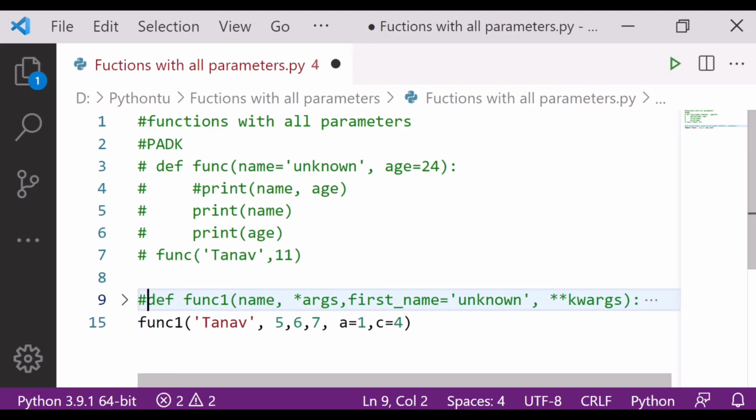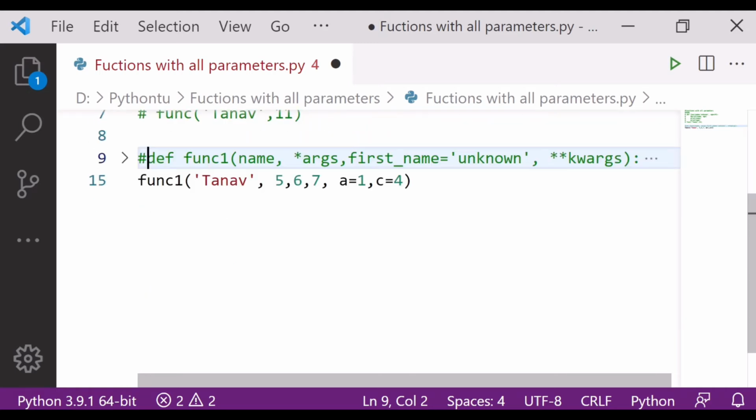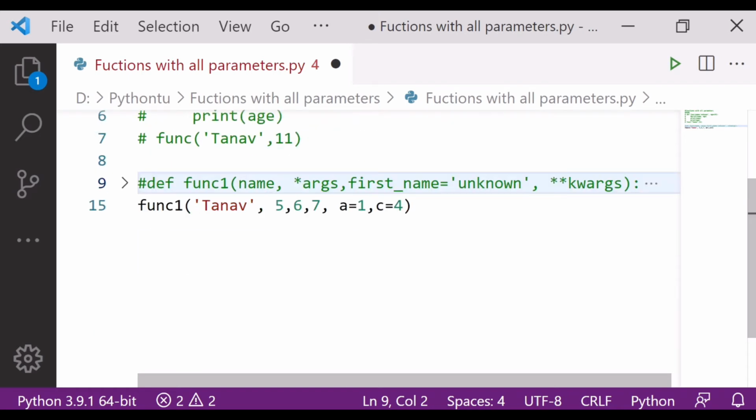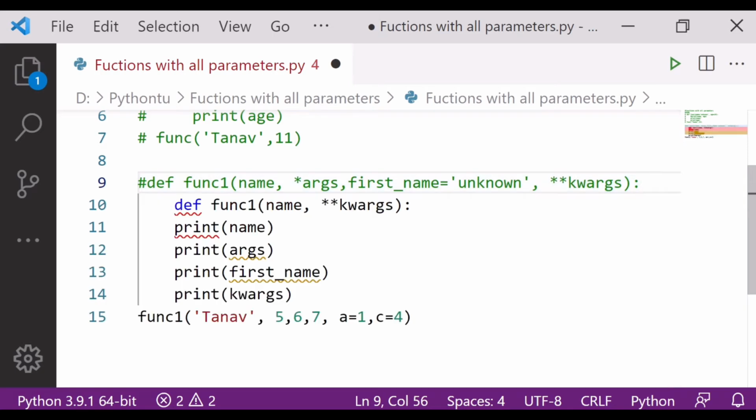What has happened? The things came here. Name. Fine. So things are like this.